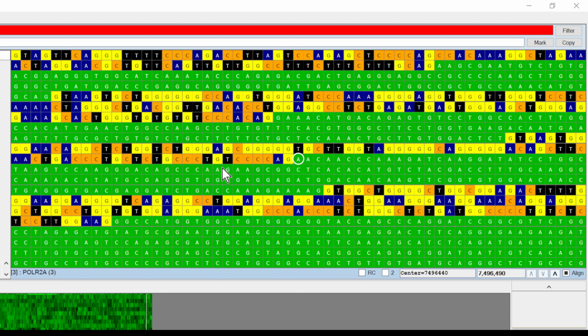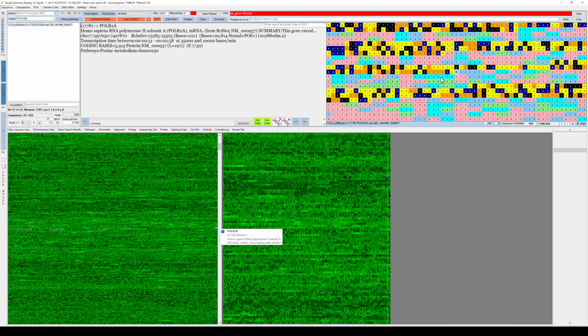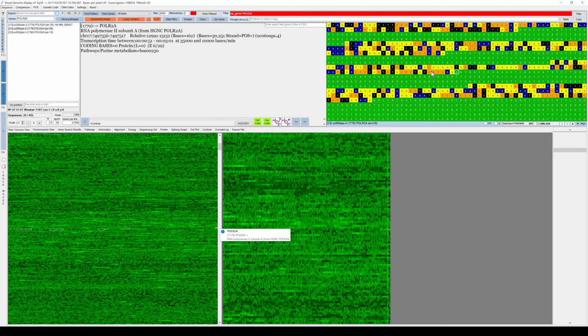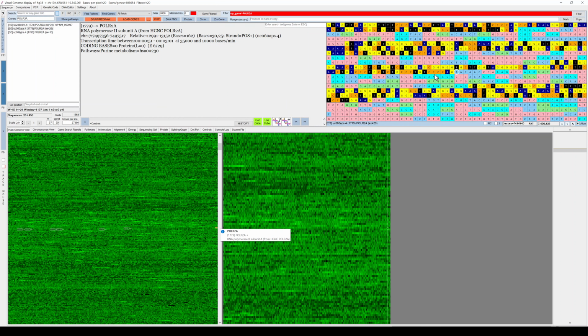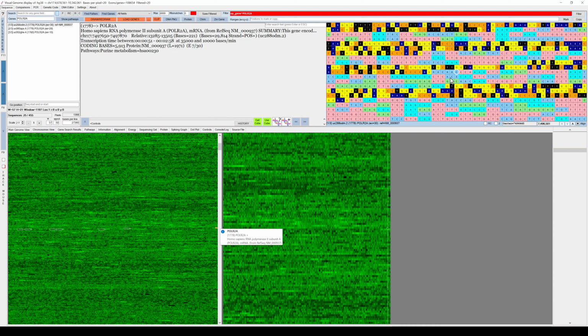Okay, so you can see here on the left, these are the different transcripts. And if you want to switch between different transcripts, you can use the plus and minus keys. So if we press plus and minus, you can see here this is a different transcript, and then the next one. This one is showing the colors, and in this one you can see the different codons clearly.